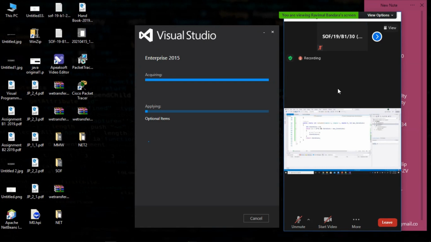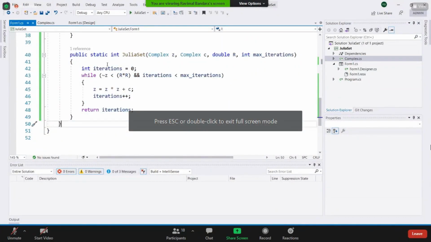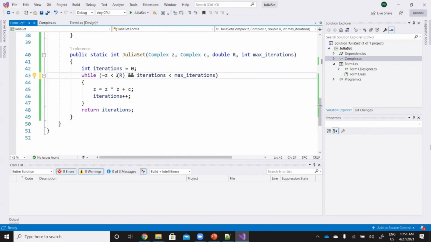Okay, as I told you before, I have created the same function. As you can see, it is okay. Now to get the absolute, I use this tilde operator.